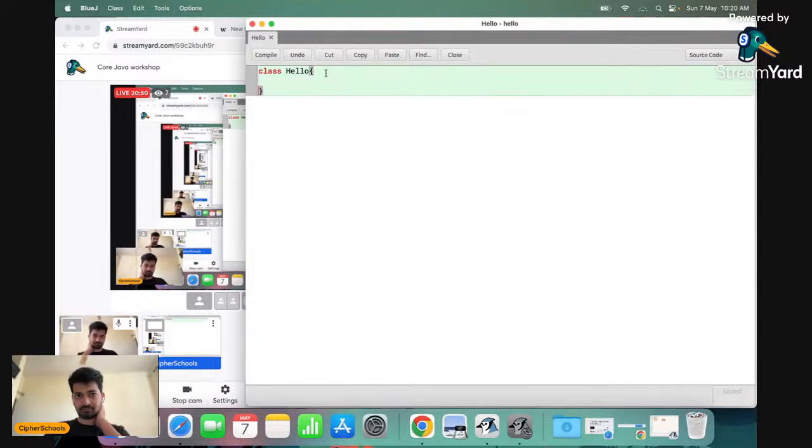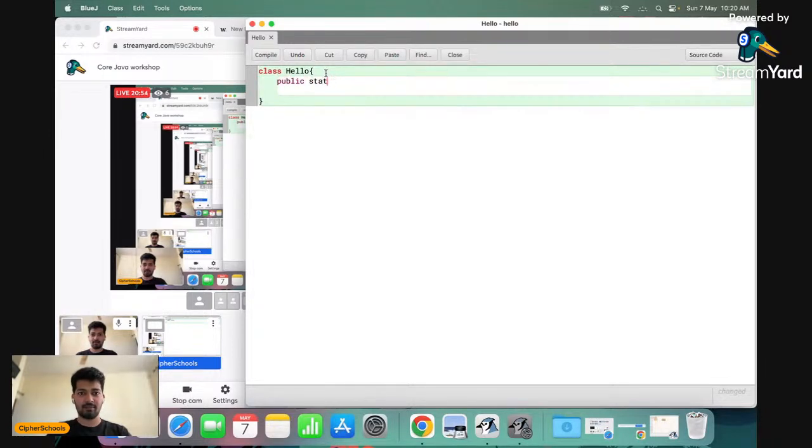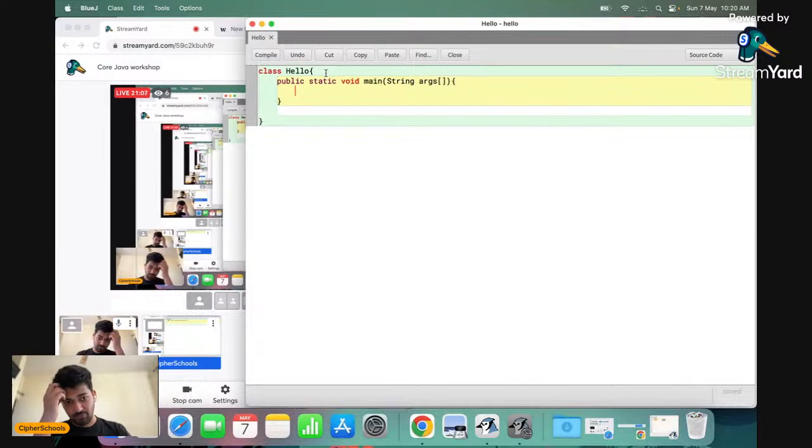And then after hello, we write this line which is public static void main string args. Don't worry, we are going to be talking about the meaning of each of these keywords a little later. But for now, let's just run a simple hello world program in Java and see how it looks.